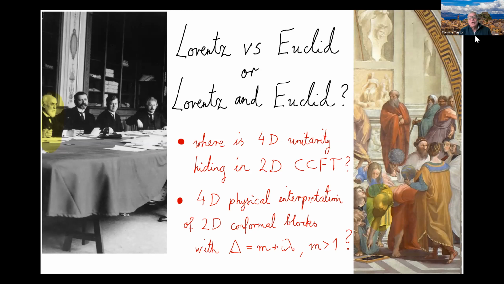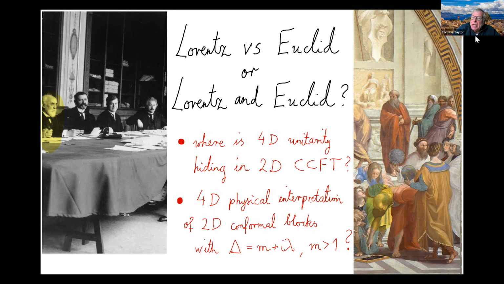Okay. So now, if you decide to go Euclidean for the purpose of this argument, we may ask the question which is actually asked very often when we give this talk in many places: is this theory unitary? I think everybody agrees that what is most important here is the four-dimensional unitarity. We are dealing with a unitary theory, and so the question is how this four-dimensional unitarity is hiding in the two-dimensional